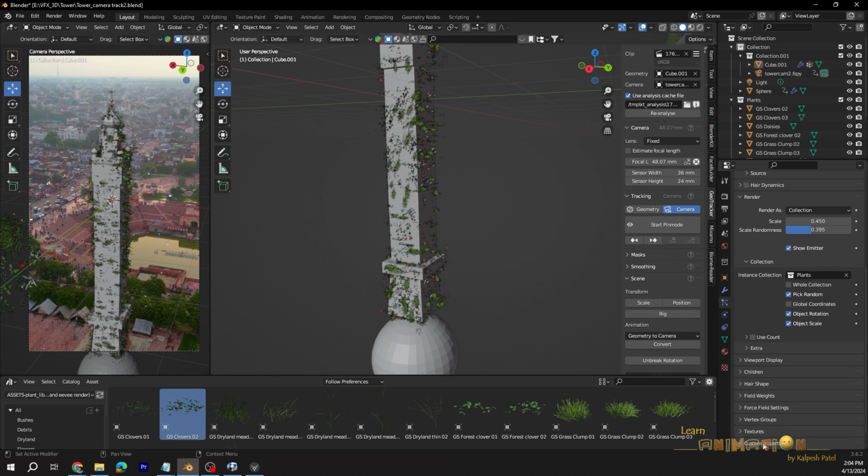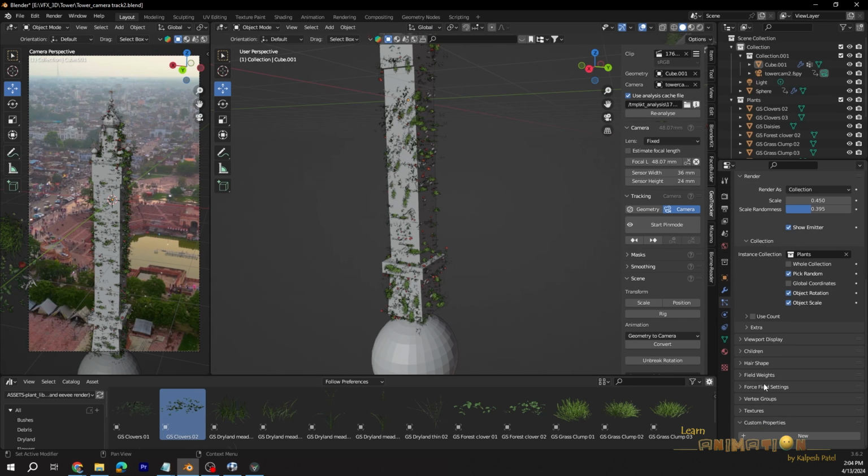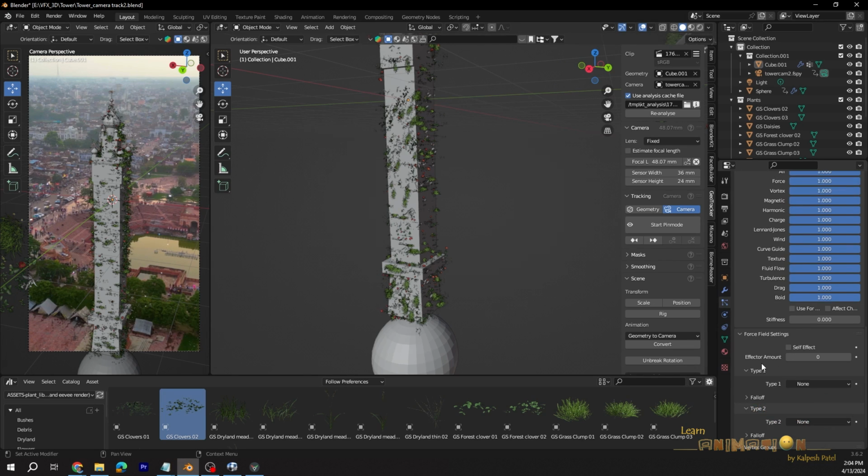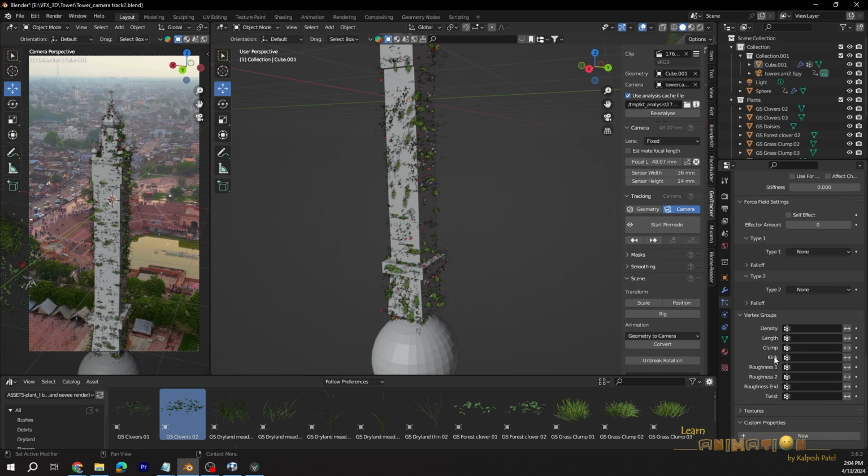After that, just go to the field weight, field force, vertex group. Into the vertex group, just select the DP weight. If you remember, we have created the vertex weight group in the paint weight deformers, right? Just select this one.